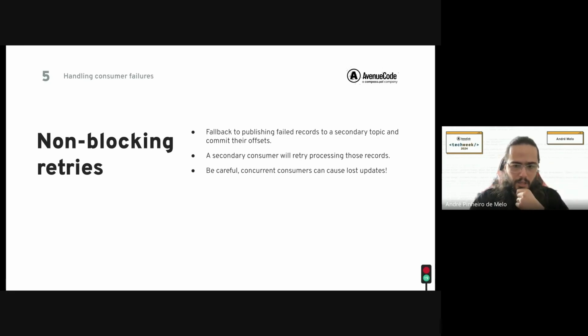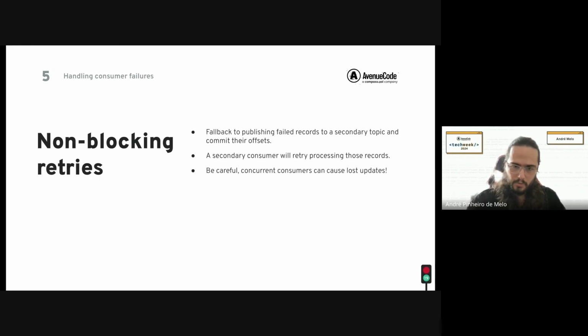The messages from UK, they failed. Instead of committing the offsets, first we would take those messages and send them to a secondary topic. Let's call it a retry topic. And if that works, we commit the messages. So in that example, we would consider that we recovered the messages from UK because we published them to the retry topic. Then a secondary consumer is going to take the messages from the retry topic and process them in the same way that they are supposed to be processed, right? Now,